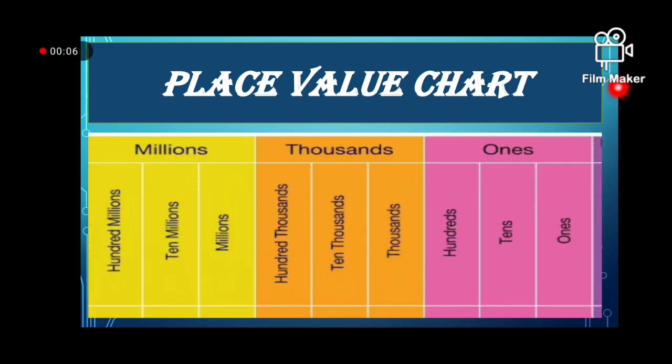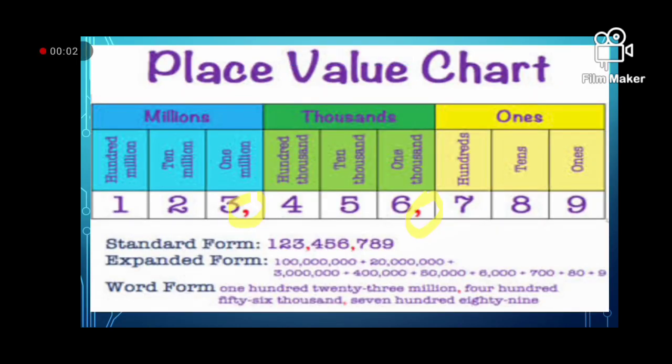Now let's discuss the place value chart of 9-digit numbers. The place value chart of 9-digit numbers has 3 periods: the ones period, the thousands period, and the millions period. Each period consists of 3 place values. Ones consist of ones, tens, hundreds. The thousands consist of thousands, 10,000s, and 100,000s. And millions consist of millions, 10 million, and 100 millions. With the help of this place value chart, we will write the number in expanded form and in standard form.